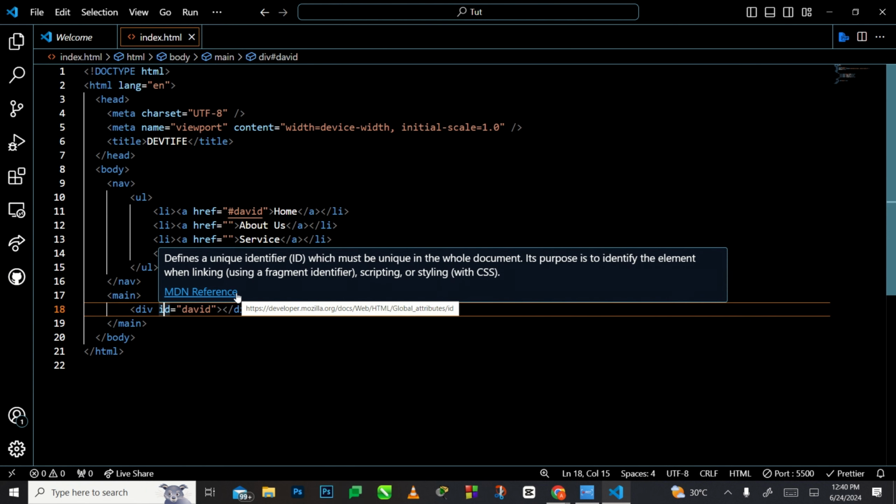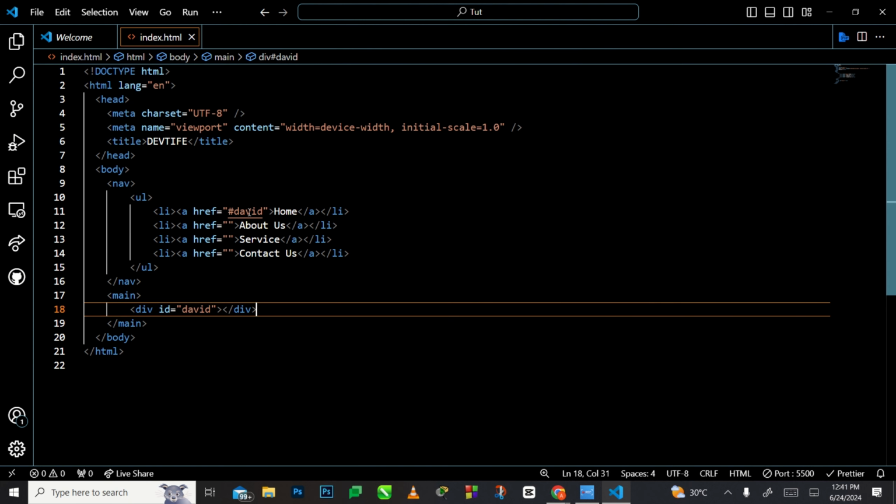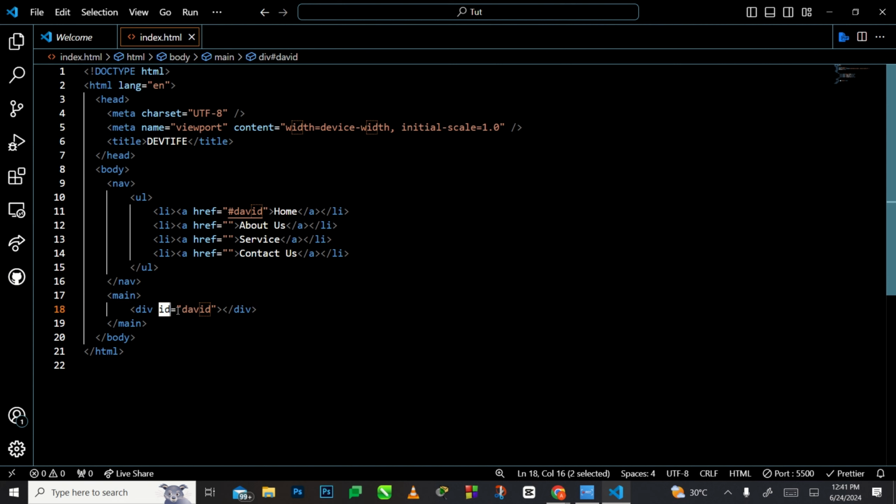So that's a simple ID, which defines a unique ID, which means we have a unique ID in the whole document. Its purpose is to identify the element when linking, scripting, or styling with CSS. Like I said, what he made use of it to do over there was to identify the element when you use the link. You use it to identify the section this particular button was meant to go to. So this ID could have the hash at the front, then it says, okay, this is the link here,